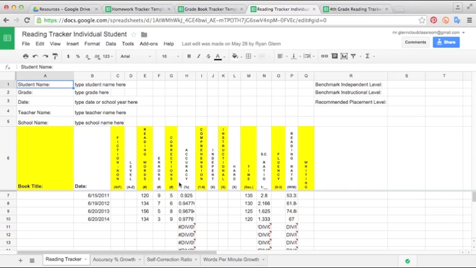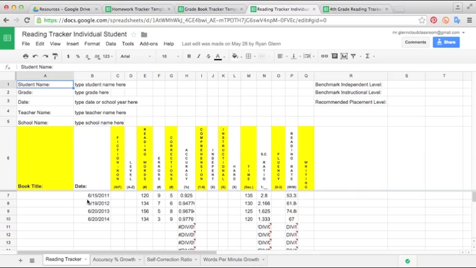So this is just a template that I made that is designed to live with the student for their entire elementary school, even up to high school career, as far as they go with the Fountas and Pinnell system. I've made enough rows and columns down here. This goes all the way down to 1,000. So a student could start with this when they're in kindergarten and just continuously track their progress throughout their whole